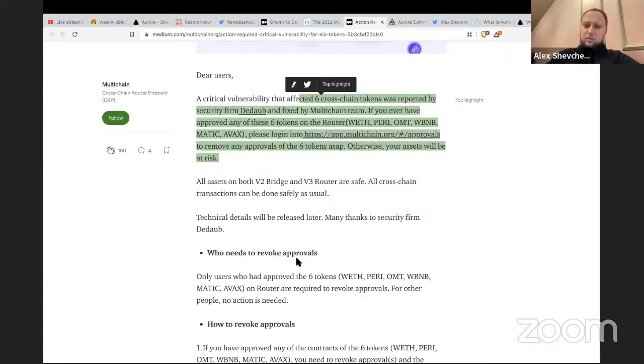This is particularly important for Aurora users, because Multichain is integrated with Aurora, and potentially some of the Aurora users are using Multichain at the moment. As far as we know, there were no comments from any users about problems with this hack, and when we were connecting with Multichain developers, they said this hack should not affect Aurora users. However, it is always a good thing to check twice on this,